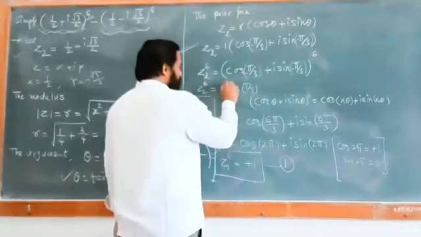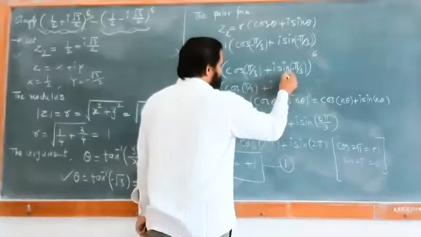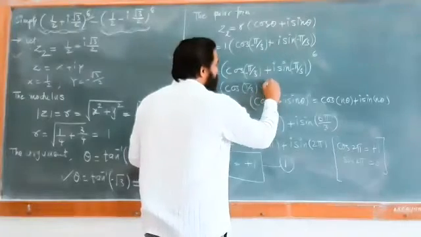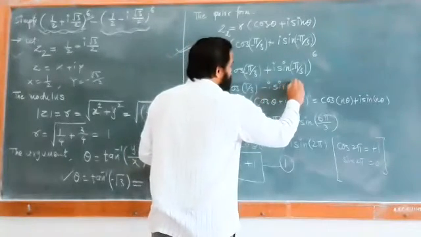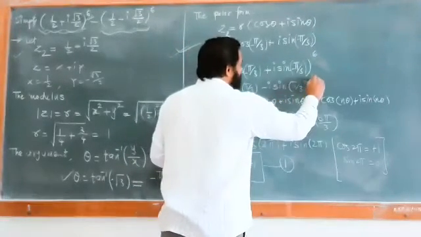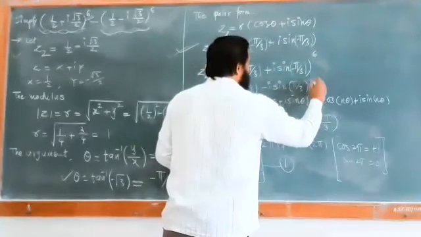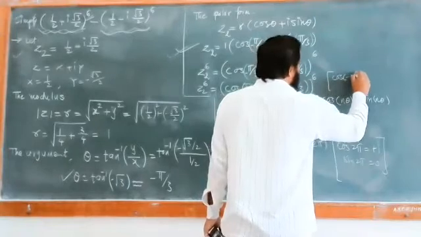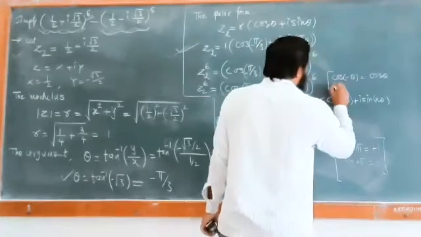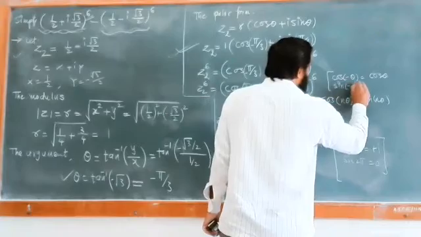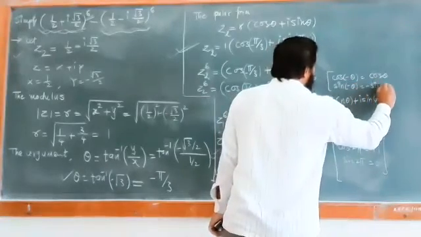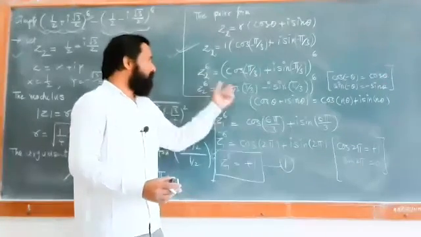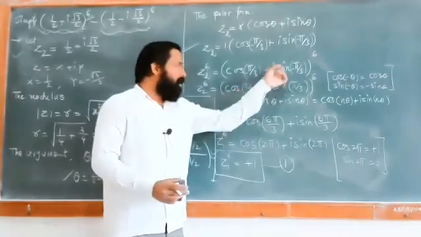सगळ्यांना लक्षात येत आहे? प्लस याची व्हॅल्यू किती? sin of minus theta ची, that is nothing but minus sin theta. So you can have this is minus i sin pi by 3 and that is raised to how much? Raised to 6. So I can write one reason here. That is cos of minus theta is equal to cos theta and sin of minus theta is equal to minus sin theta. That is my reason. And so I can write it like this. So z2 raised to 6 is equal to cos of pi by 3 minus i sin of pi by 3